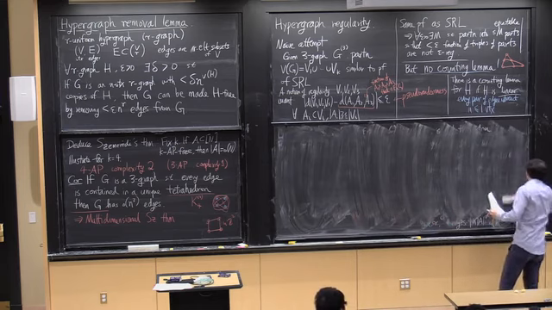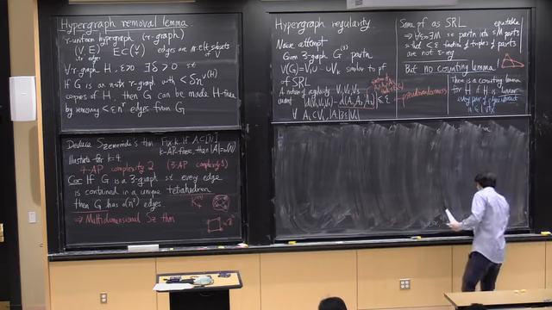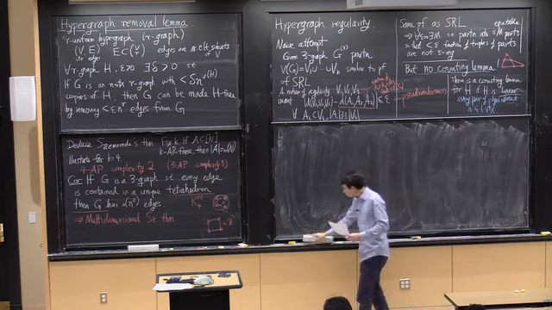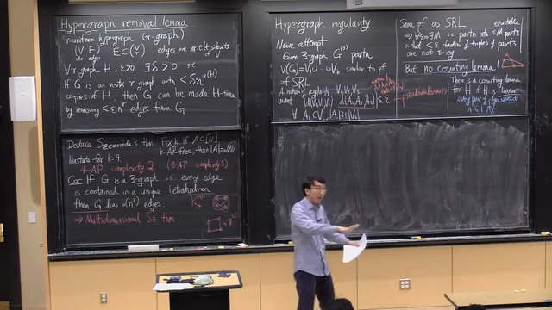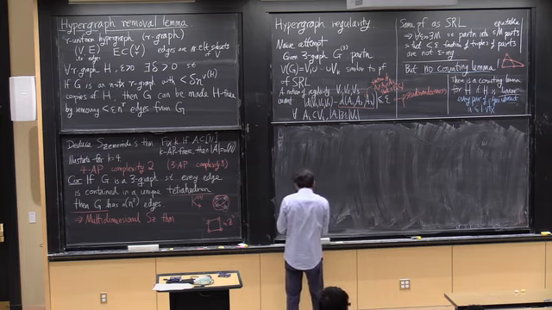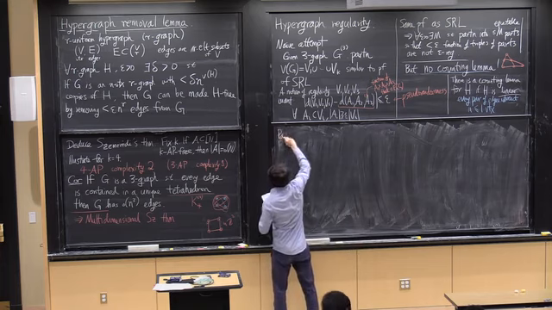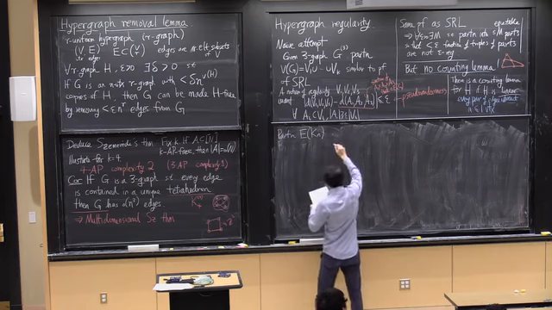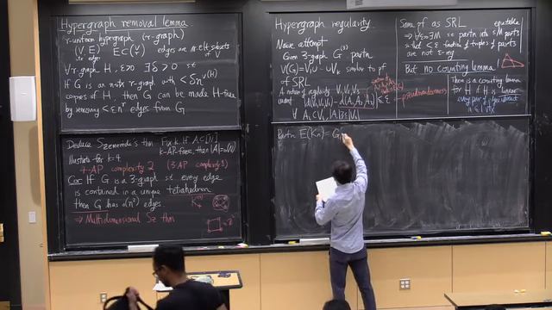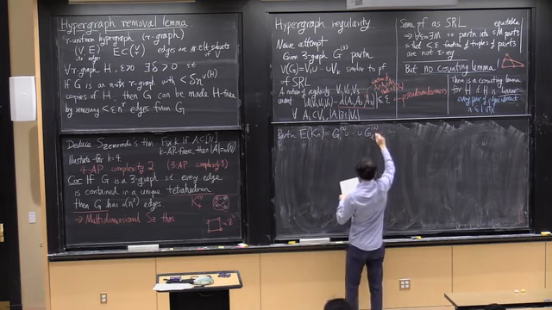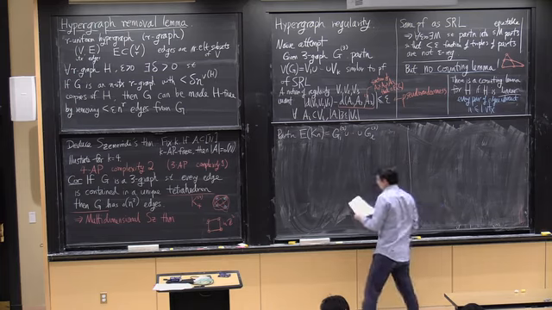And as you might expect at this point, it's not sufficient to partition the vertex set. Instead, we'll go further. We'll partition the edge set of the complete graph. And so we'll partition the set of pairs of vertices. So let's partition the edge set of the complete graph as a union of graphs, such that